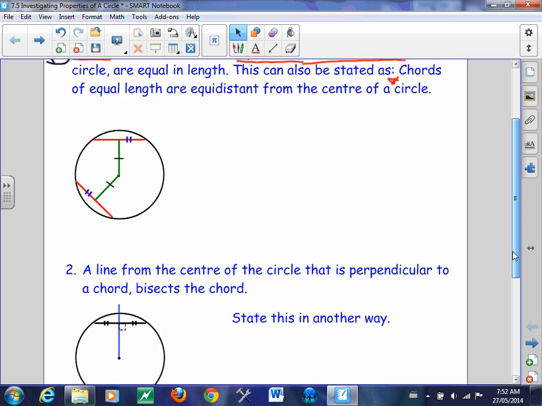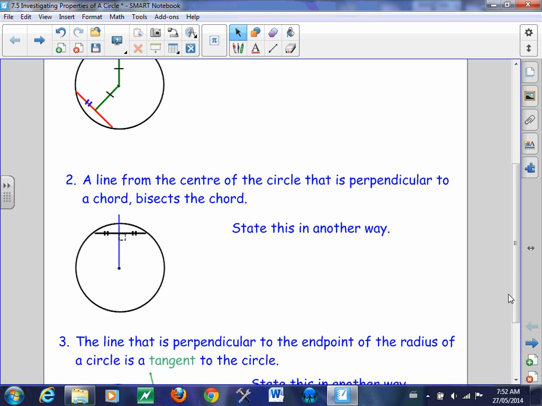All right, let's take a look at the second one. Number 2: a line from the center of the circle that is perpendicular to a chord bisects the chord. So it's basically a perpendicular bisector. It doesn't matter wherever you have a chord, ladies and gentlemen. If you take a line from the center of the circle out that bisects it, you're going to make a 90-degree angle, which is right here. And B, you're going to have equal distance, which is marked by these 2 tags, meaning equal in length. To state this another way, it's the perpendicular bisector